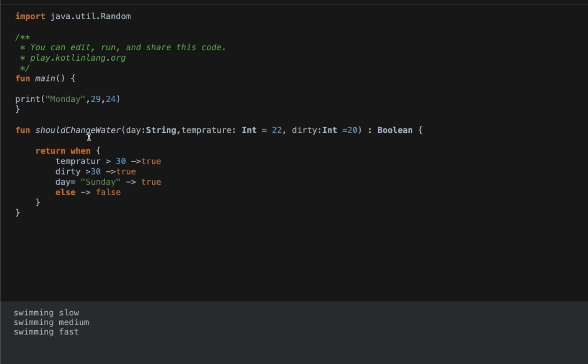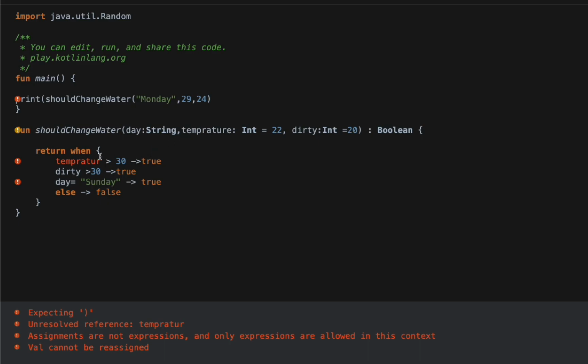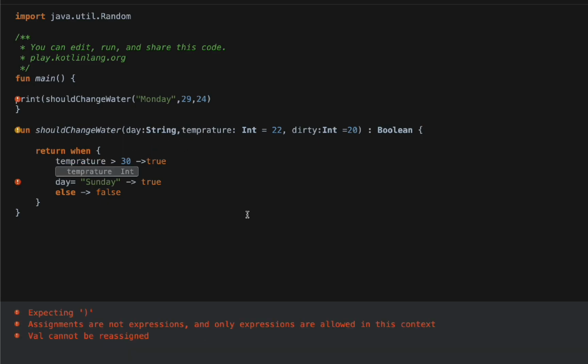Now you're supposed to call shouldChangeWater like this. Now if you run it,